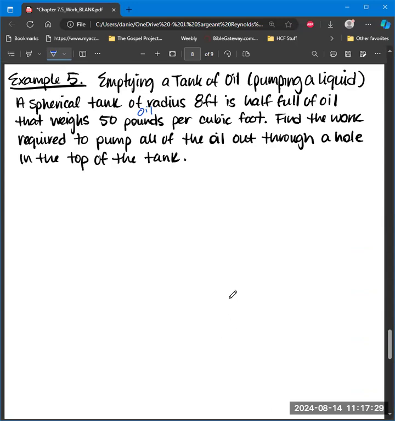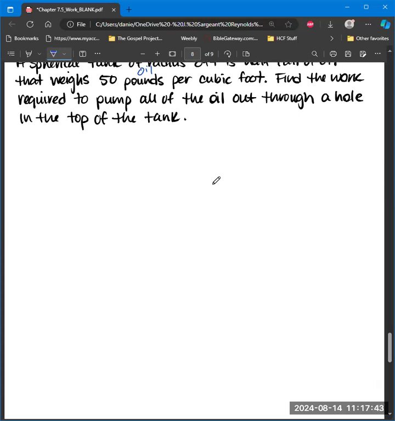We're probably only ever going to give you oil or water in these problems. And if we don't tell you the weight per cubic foot, then you need to know it for oil and water. If we give you something different than oil or water, we'll tell you what its weight per cubic foot is. So find the work required to pump all the oil out through a hole that's in the top of the